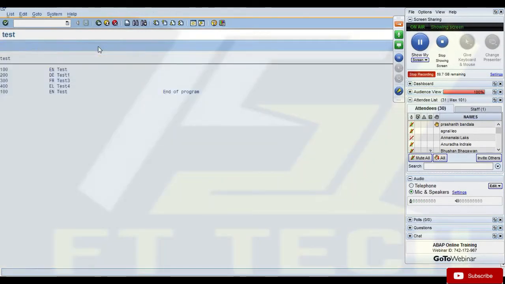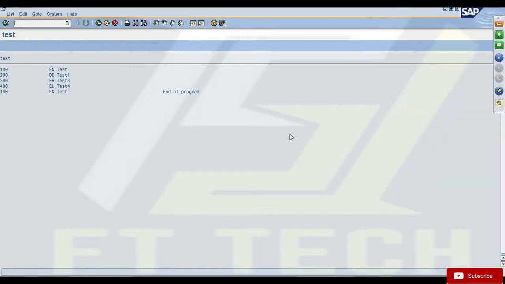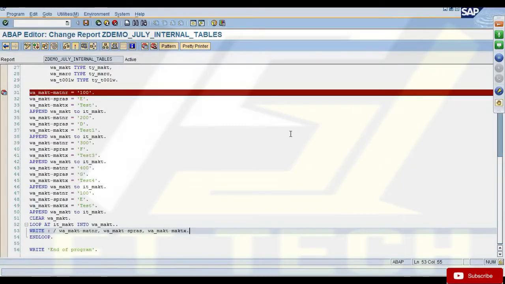Okay, so here I'm processing all the data from my internal table one line at a time again. Prashant, you have a question? Hey, Kiran, so you don't have to clear the work area, right? Anyway, the next record will replace it, but it's always a good practice to clear.